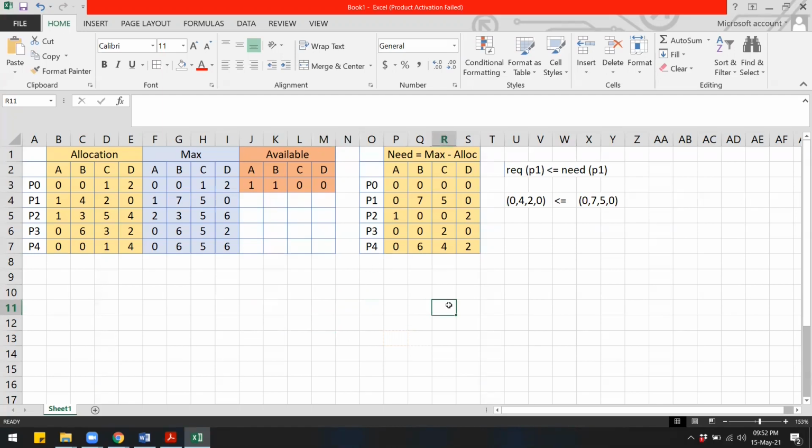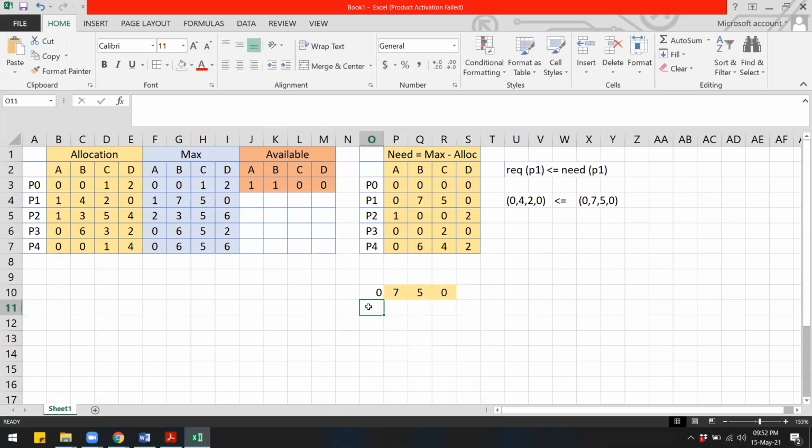Okay. So after we have adjusted these values, let us do a check to see if there is a sequence in which these processes can still run. Right. So after P1 has requested 0420, the need matrix will also change. So initially process 1 needed 0750, right?